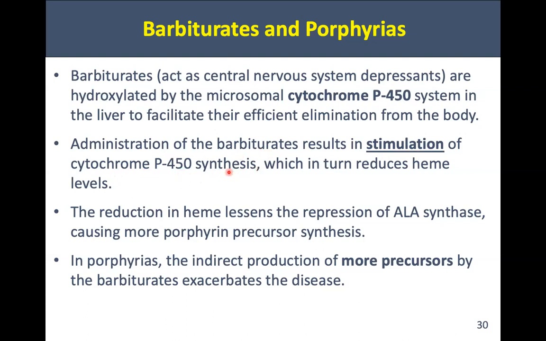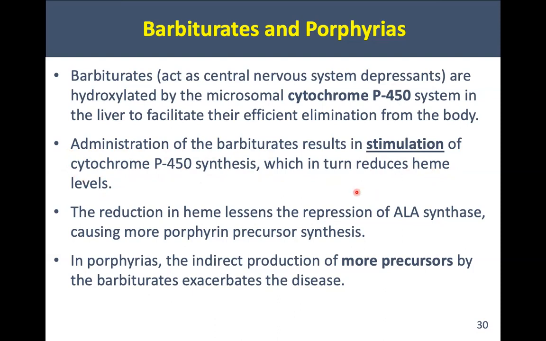synthesis, right? And because my cytochrome P450 enzymes are being more produced, and because heme is required in order to form cytochrome P450, that means that the heme levels inside of my body are going to be reduced because heme is being utilized to form the cytochrome P450. Now think about this. We've already talked about this. If I've decreased levels of heme, because the heme is being used to make cytochrome P450, what's going to happen